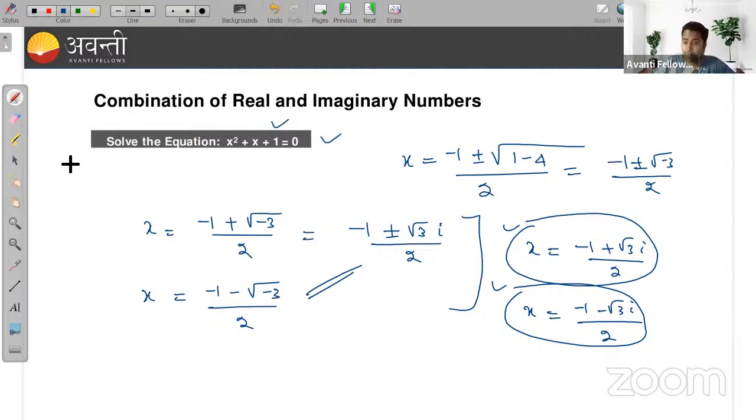When we discuss the cube root of unity, suppose the equation is x cube plus 1 is equal to 0, then what will the roots be? In that class we'll discuss the cube root of unity and there we'll use these roots. So wait for that. Okay, so let's move to the next thing,